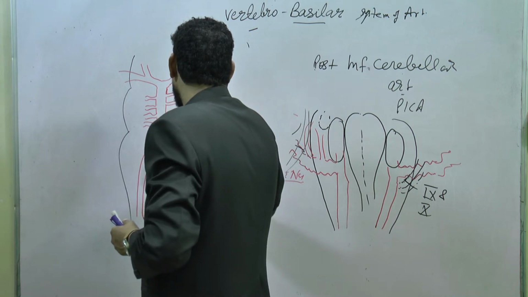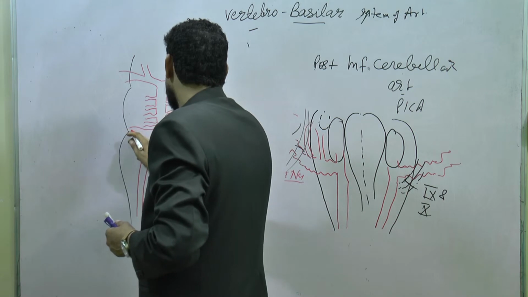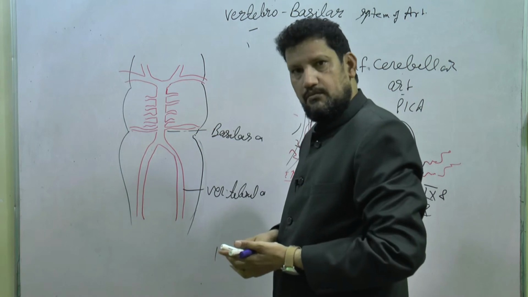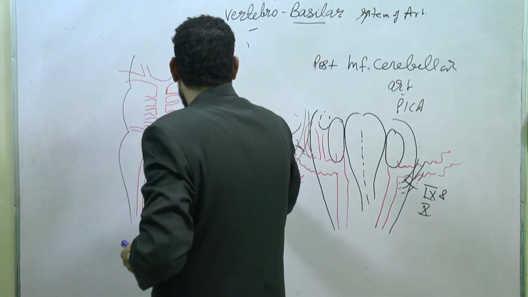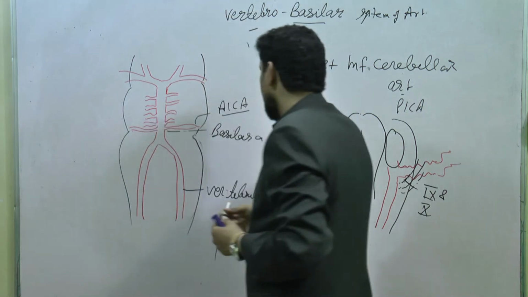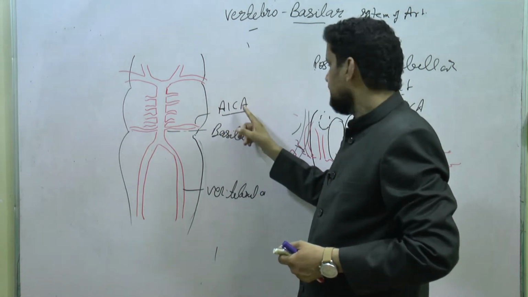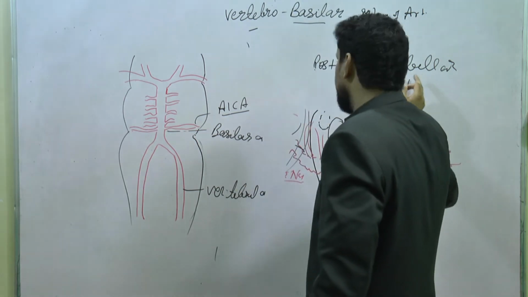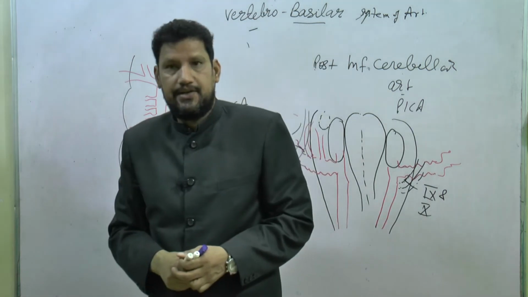A long artery in this region is known as AICA, the anterior inferior cerebellar artery. We have seen already the posterior inferior cerebellar artery. So the anterior inferior cerebellar artery